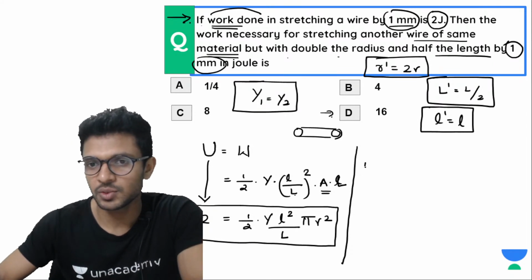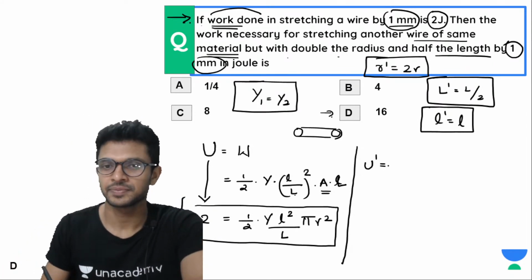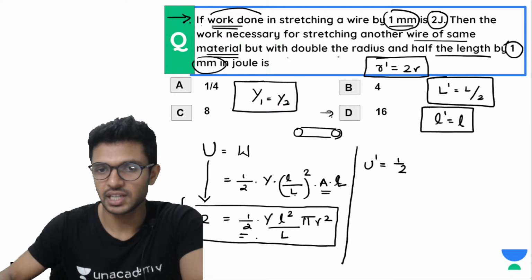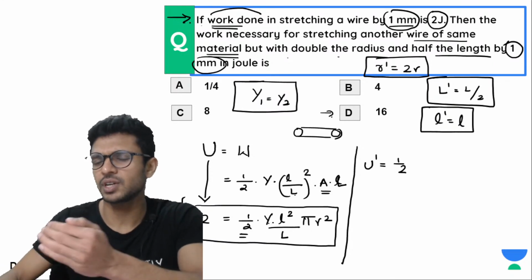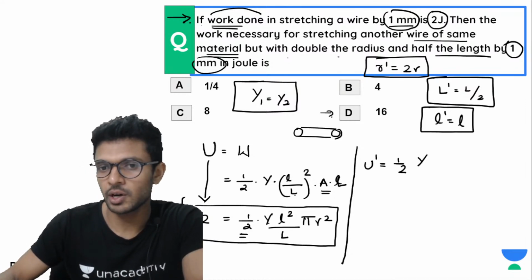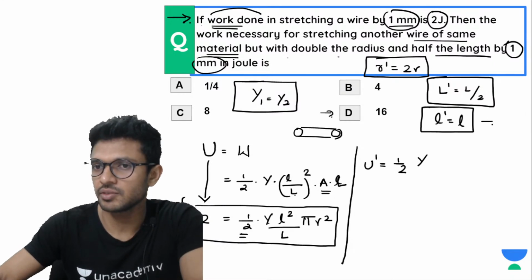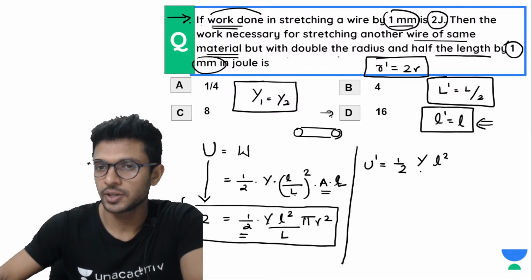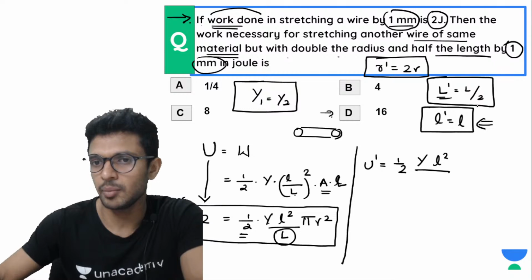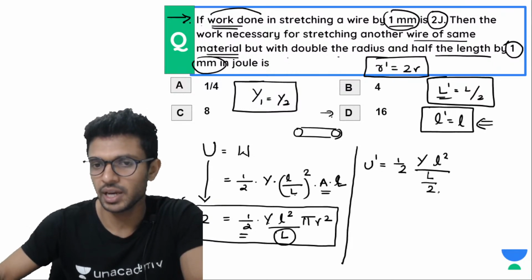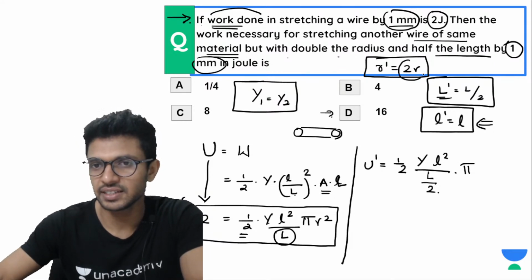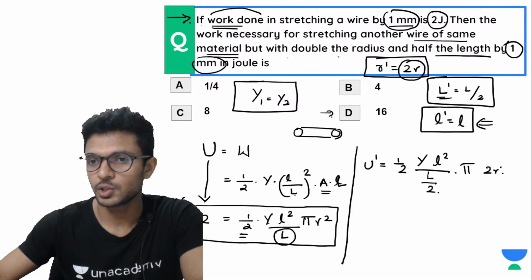Now question is, what is the potential energy in the second case? Let's do it. We'll use the same formula starting with half Young's modulus, should we have to write it as a different Y2 here? No, because the Young's modulus is same. What about chotu L square? It's also the same because we have already written. So chotu L square divided by capital L pe there is a change. What's the change? The new length is L by 2. So I am putting it as new length is equal to L by 2. Okay. Fair. Pi. What about the radius? Radius is 2 times the initial. So area become 2r the whole square.